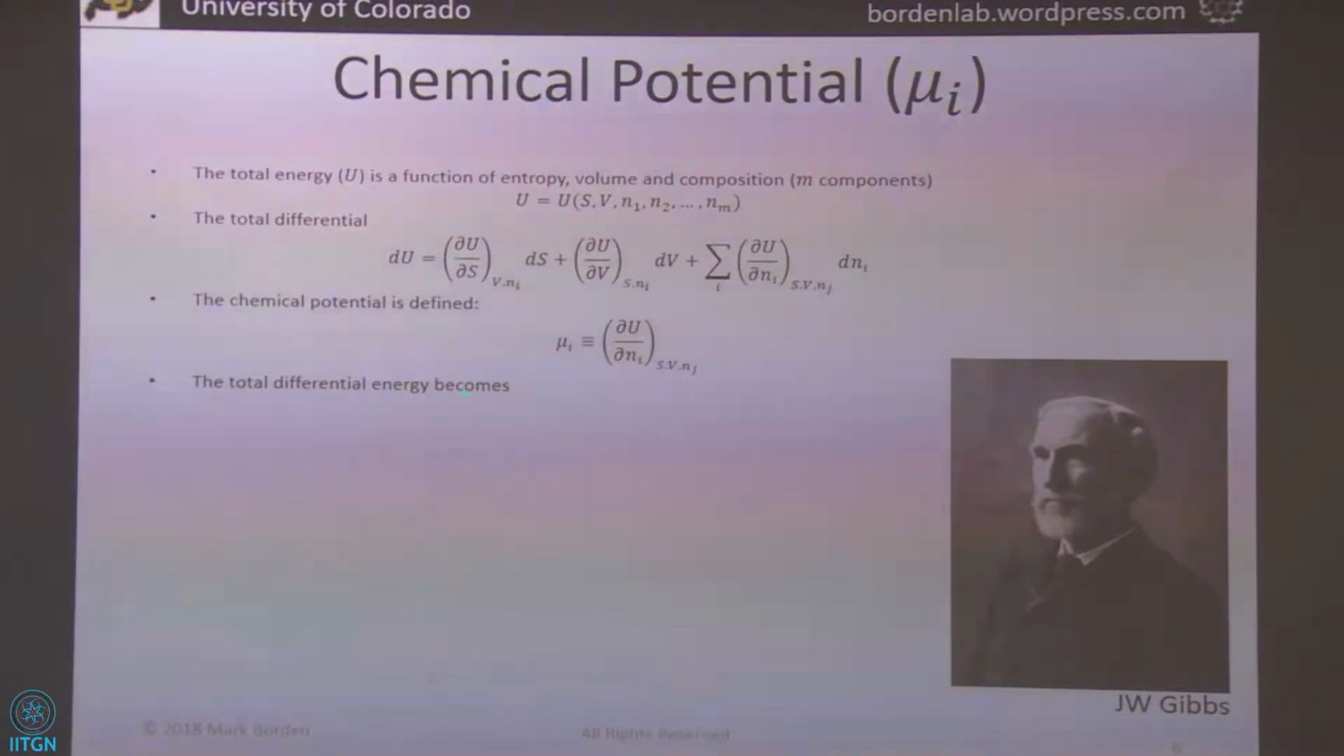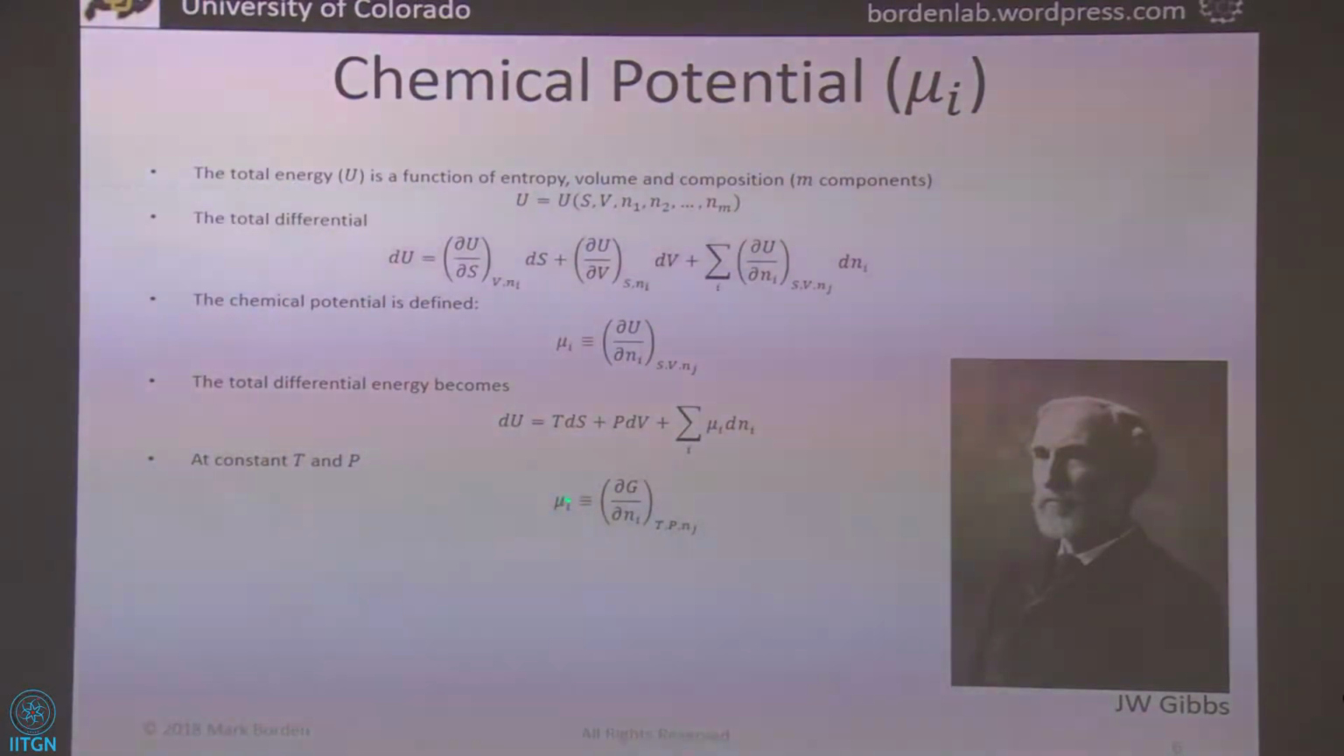So the total differential energy then becomes TdS, that becomes T, PdV, that becomes P, and then the summation of that becomes mu_i dN_i. Okay? And this is probably an expression that you're familiar with if you've taken thermodynamics before. Okay? So at constant temperature and pressure,